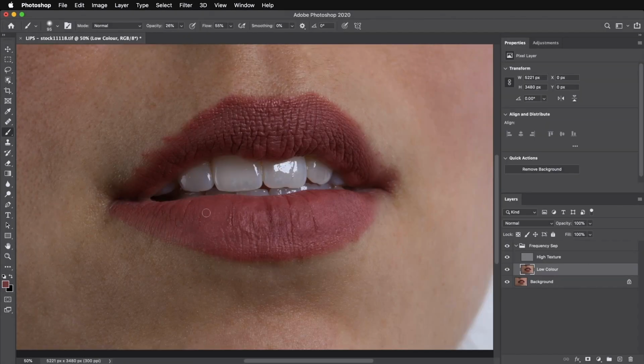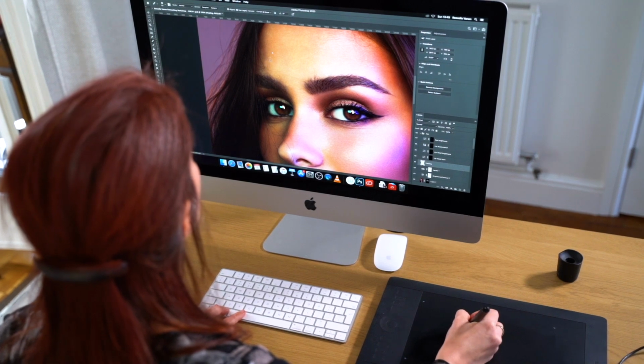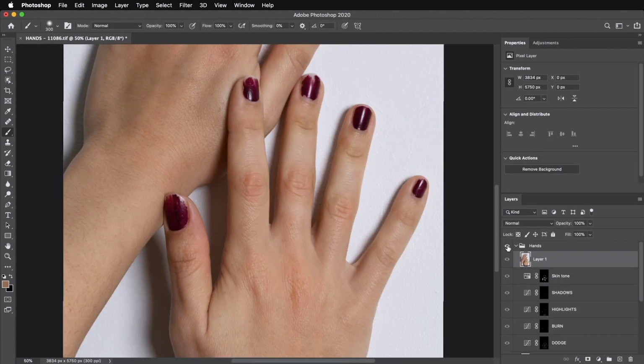Eyes, hands, lips, and even the hardest ones like skin and hair. It's all in one place. I will teach you how to tackle these elements in depth and even in challenging situations. Messy hair, dry lips, chipped nails, you name it, we've got it covered. So by the end of the class, you will be able to confidently deal with anything, including the worst case